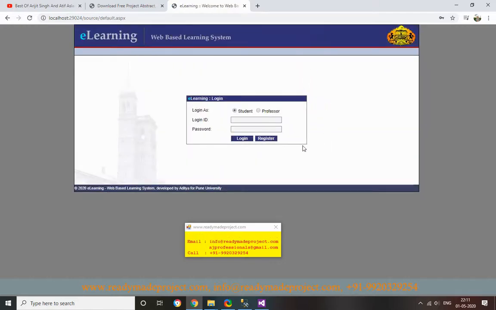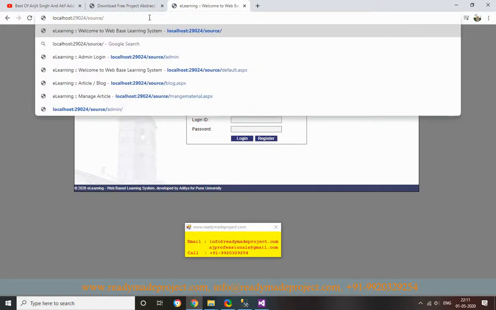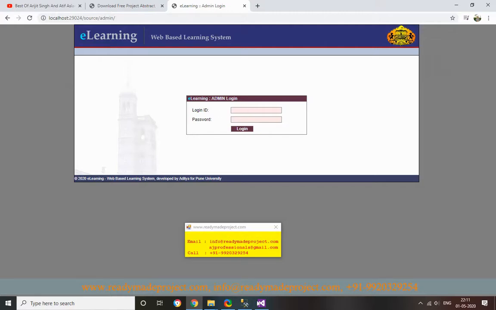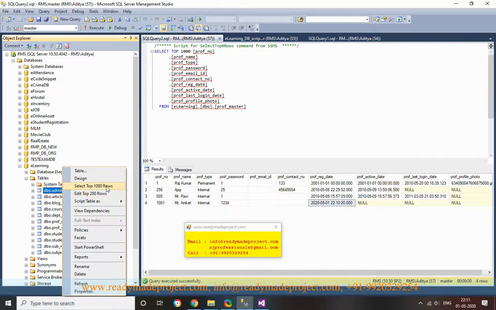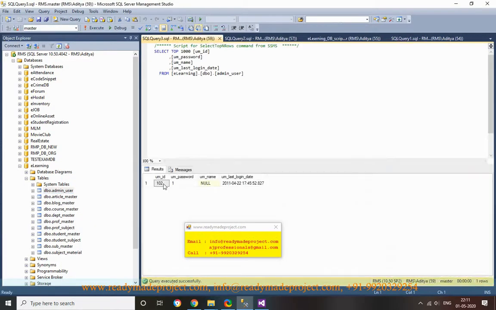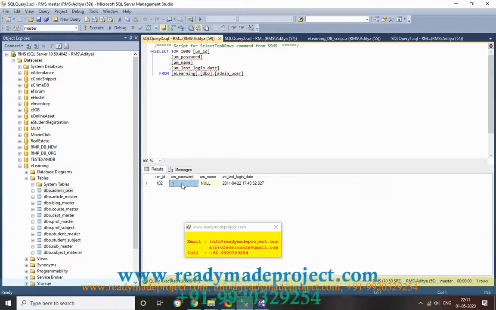Once these two things are done, I'll go to the admin. For admin, you just browse the admin folder. The admin login details are available in your installation guide also. The username is 102 and the password is 1.